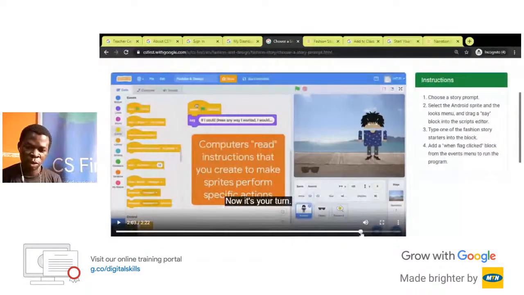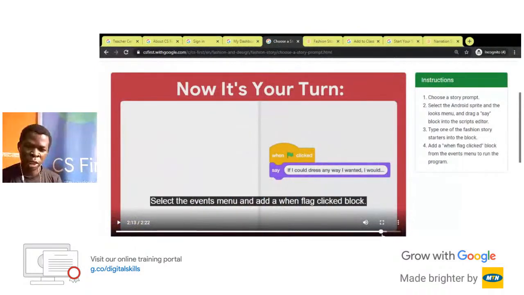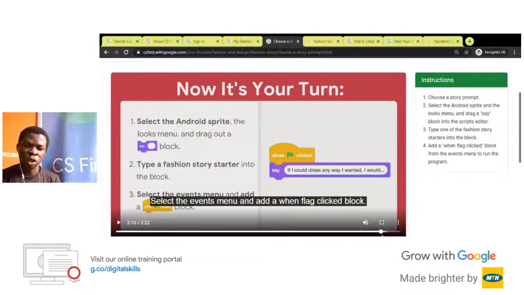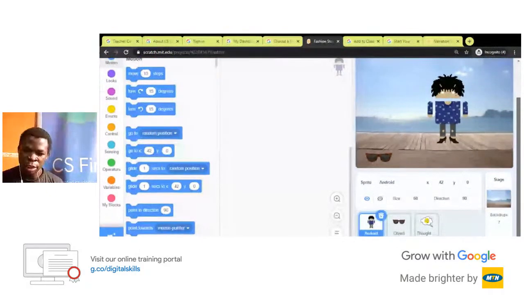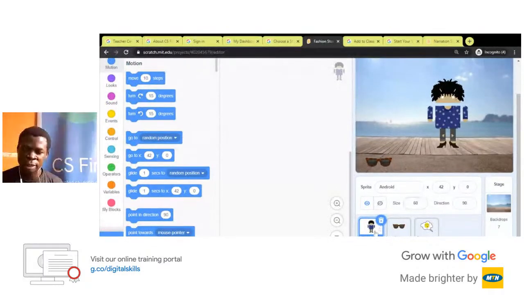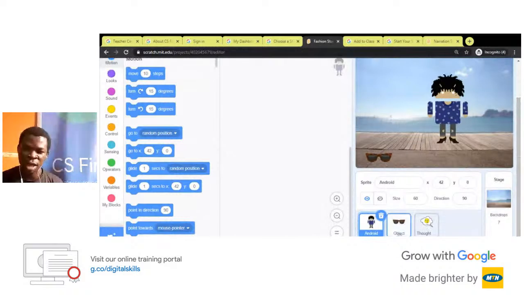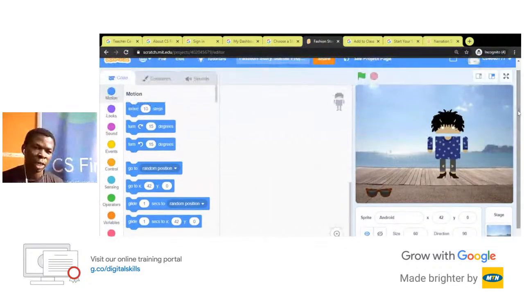Yes, it's going to show us something. Okay, we're going to see how the different blocks are. So it wants to put the say block in, and yes, you could actually go there. So this is the sprite. The sprite must be, instead of you having the object, you leave it with the Android sprite. Then you drag in